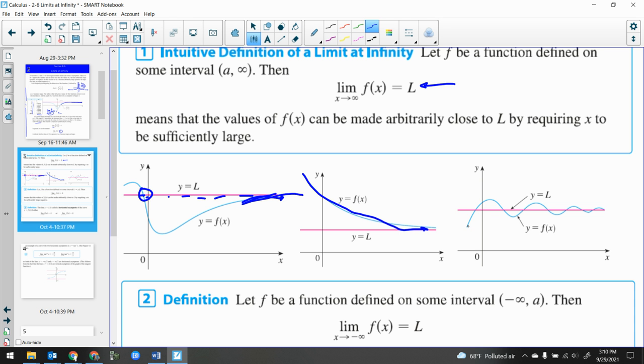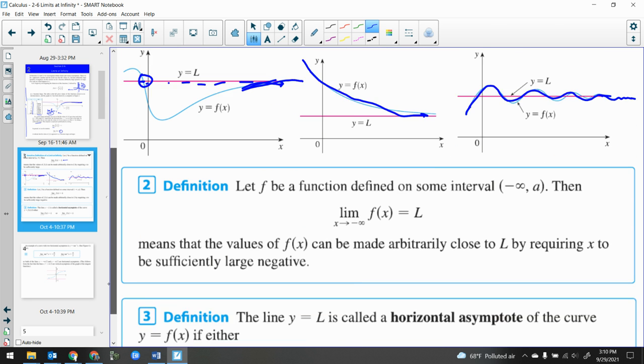And here, this is kind of an interesting one. Some trigonometric functions do this, where it waves and waves and waves, getting smaller and smaller. It's still getting closer to that value L, right? I wouldn't really call that a horizontal asymptote, but that limit is still kind of waving toward that L. Kind of a cool one there.